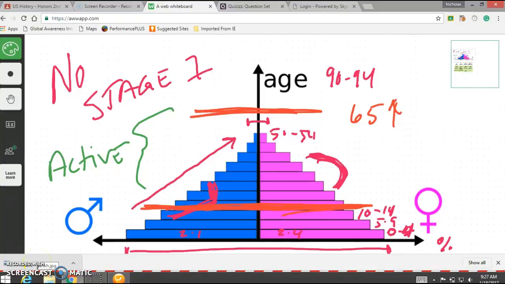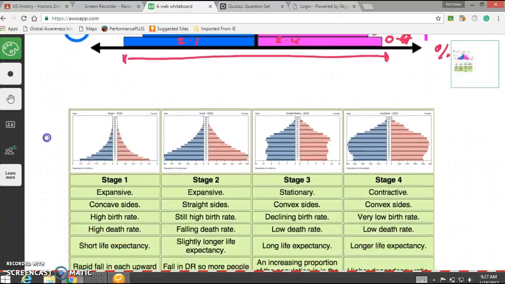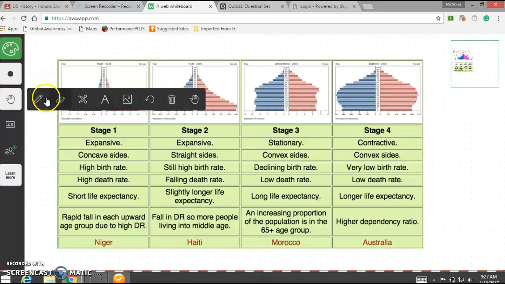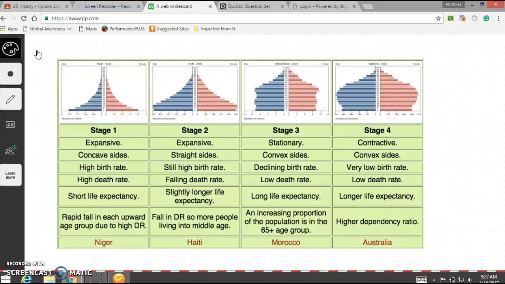Okay, so let's take a look now at some examples of population pyramids and how they equate to the demographic transition model. What do different age-sex structures and population pyramids look like as countries progress? First of all, we have to remember that there are no stage 1 countries in the world anymore, because they have all moved into at least the